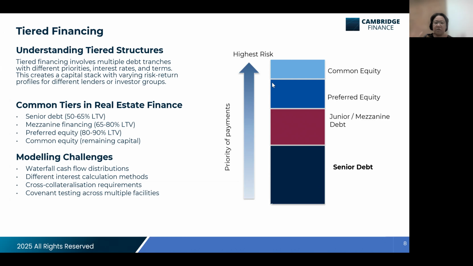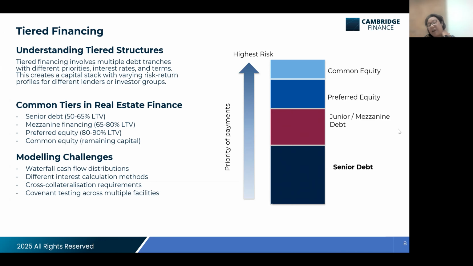So if you have 100, for example, of construction costs and land, then you're going to find finance. So for example, 50 is going to be your senior loan, first charge. If you sell it for 50, you have to pay back the 50 from the senior loan. If you sell it for 80, you pay back the 50 to the senior loan. The senior is the most secure, and you have to pay it back